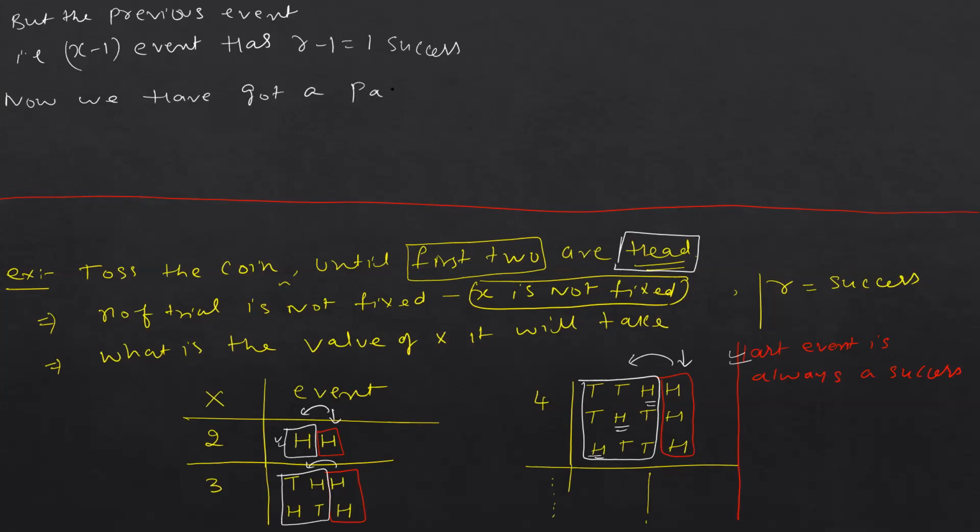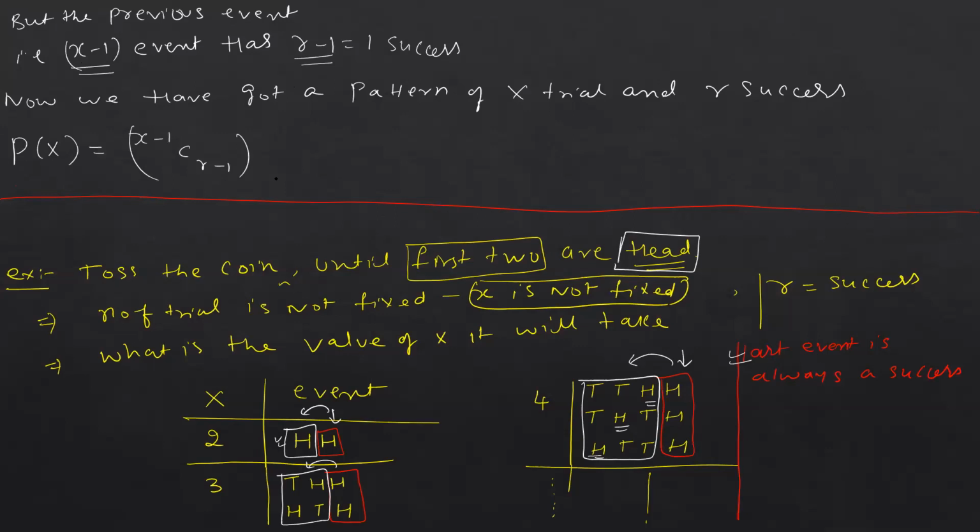We have understood the pattern of event of X trials and R successes. So now let us put all this pattern in a mathematical way. How can you write the probability of X by looking at this particular pattern? You can see that the X minus 1 trials lead to R minus 1 successes, which can be done in X minus 1 C R minus 1